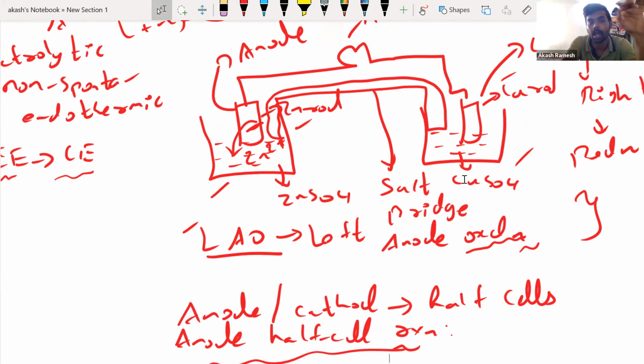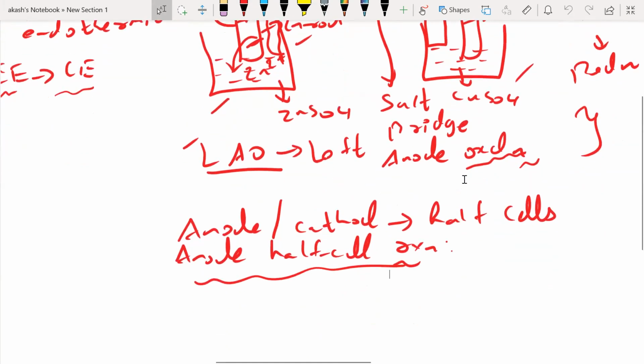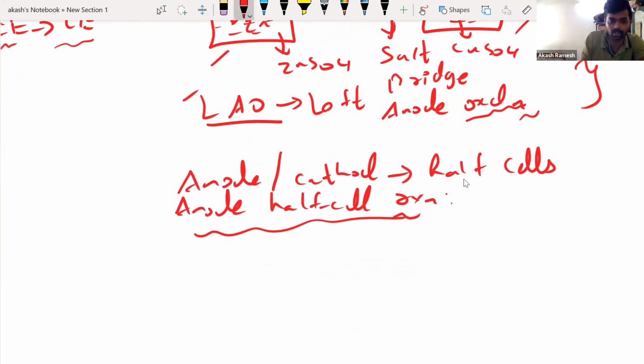Again, I repeat the question. How can I form Zn2 plus from zinc? What should happen? Electron must be lost. Absolutely. It has to lose electrons. Correct. So zinc will lose